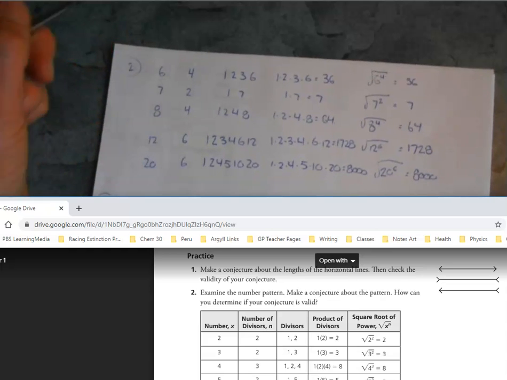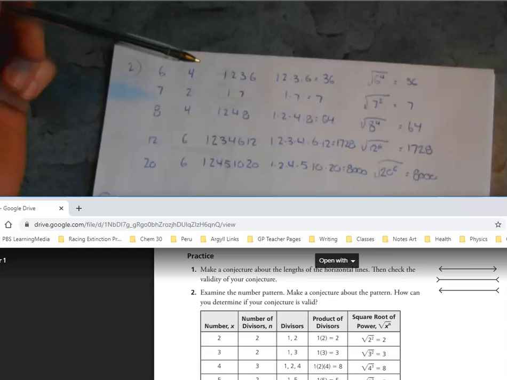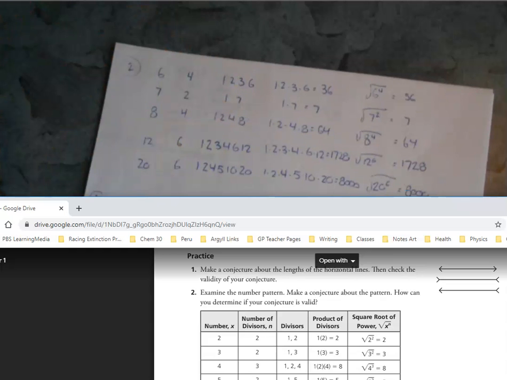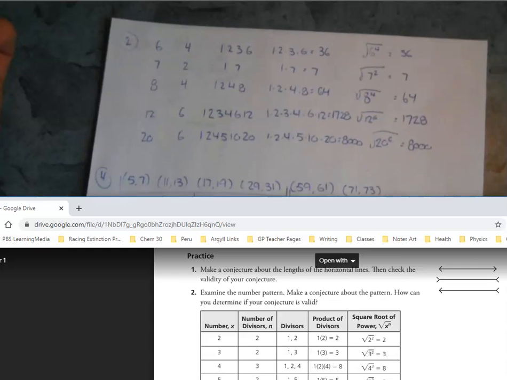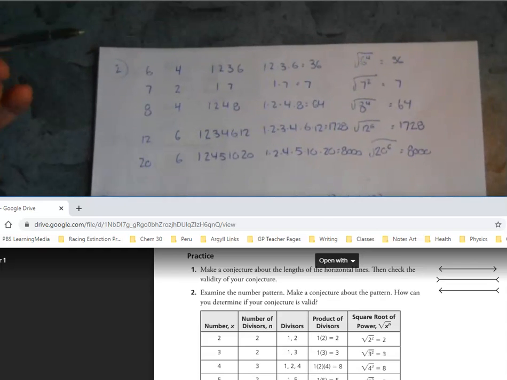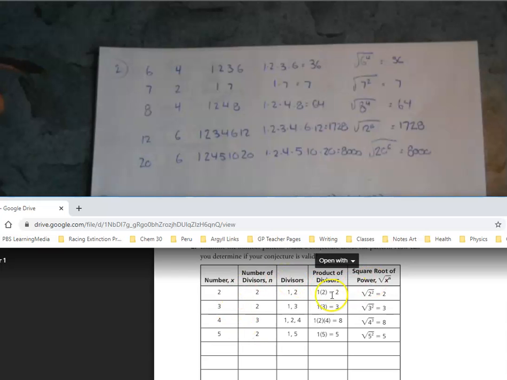With questions like this, because you're making conjectures, a lot of times the answers are kind of open-ended, because different people might pick out different things that they notice about the patterns that they would see. With this specific one, the first question you asked me here was number 2. It says to examine the number pattern, make a conjecture about the pattern, and how do you know if your conjecture is valid? So if we look at the chart that we have here, we start out with a